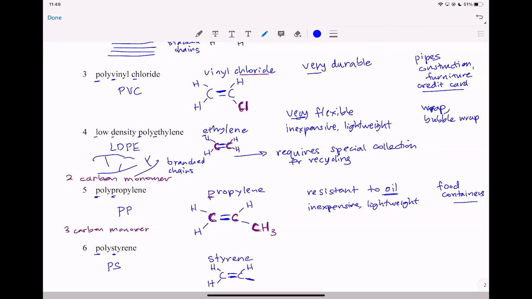Well, one of those hydrogens has been replaced with a 6-carbon ring that I'm going to draw as a hexagon. So this is a 6-carbon ring structure. So this is a 6-carbon ring. And we're going to see more of the 6-carbon ring, but for now you draw a hexagon with a circle in it. It's a 6-carbon ring with 3 double bonds in there. And this is called the styrene monomer. And the styrene monomer is unique in that it is